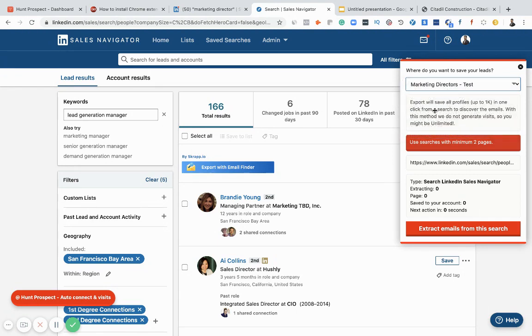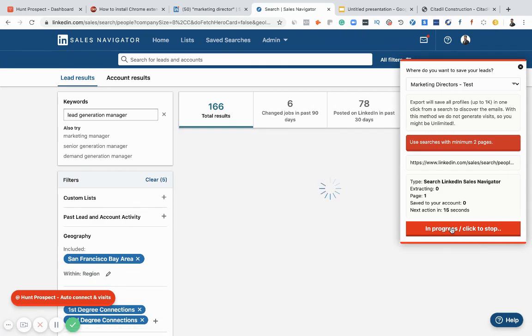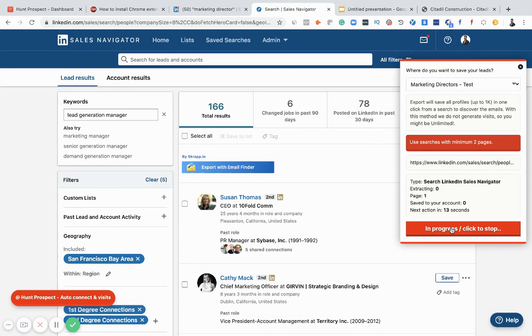So this is the same list that I created a while back. I just give start the process, and the tool is going to do its magic, and we will be getting the 166 results that LinkedIn is showing.